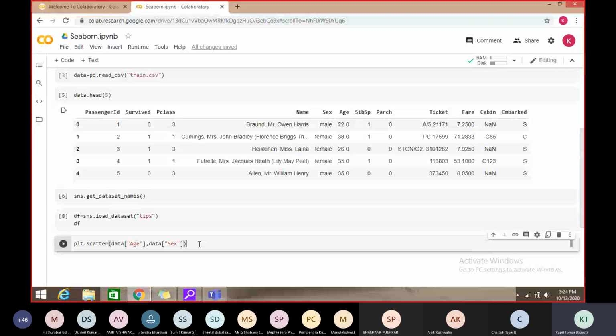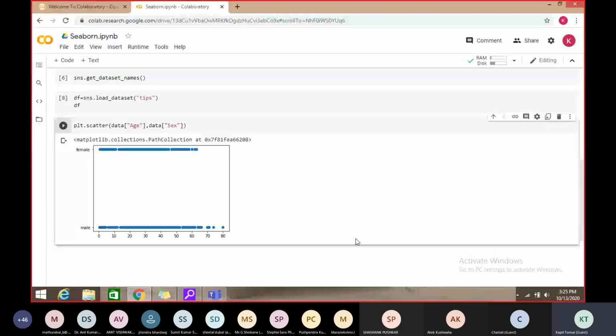And when we call it, let us see. On the x-axis it is showing the age, 0 to 80, and it is showing male and female. So this 80, you can say, is an outlier, or the 60 to 70 range, and very easily we can detect the common range of the persons who are in our ship.